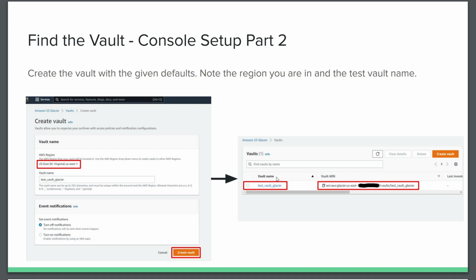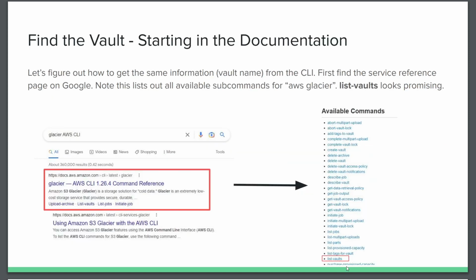I might have misspoken earlier. We're just trying to list the vaults in this case. I don't think we're trying to grab the specific details about it. So list vaults makes sense. That corresponds with the data that is returned here, or the action that's taken here. So I'm going to click into list vaults,